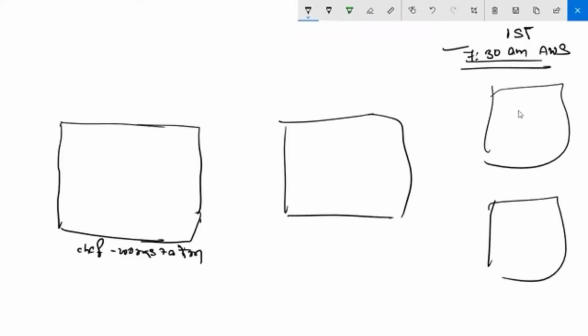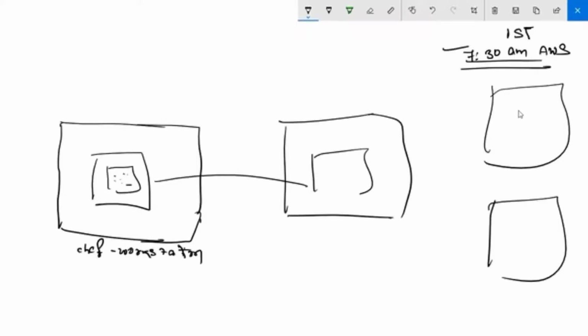Then we need to create a cookbook and a recipe, then write the code, upload that cookbook, and apply it to the nodes, right? That is what we discussed.